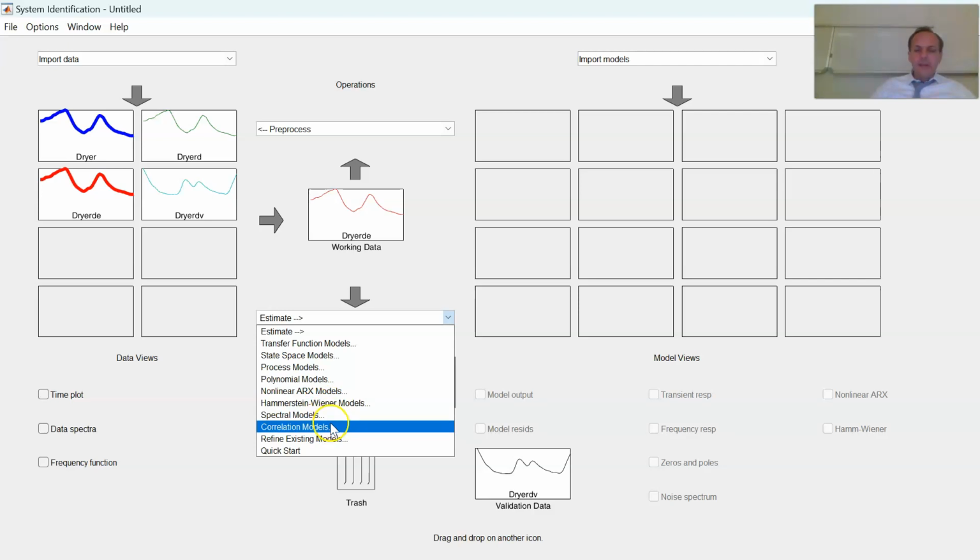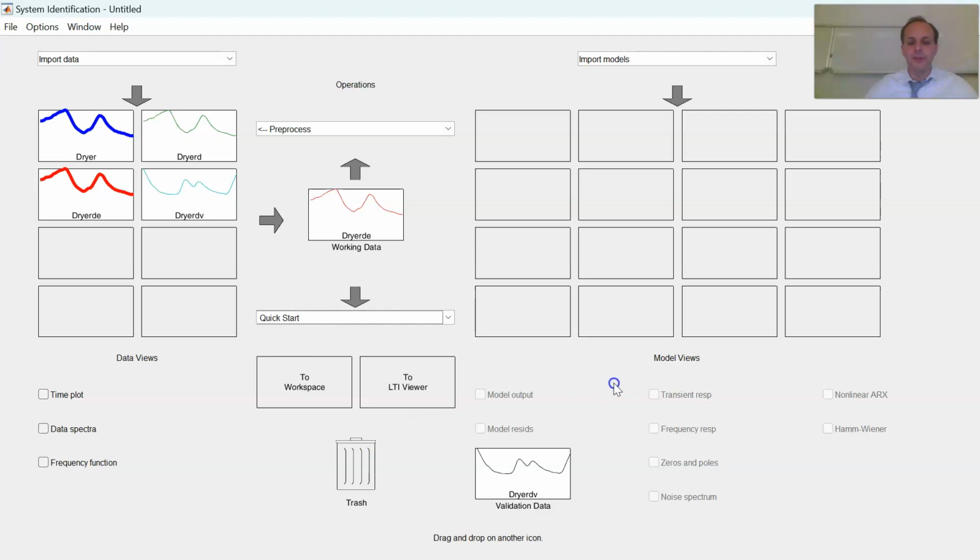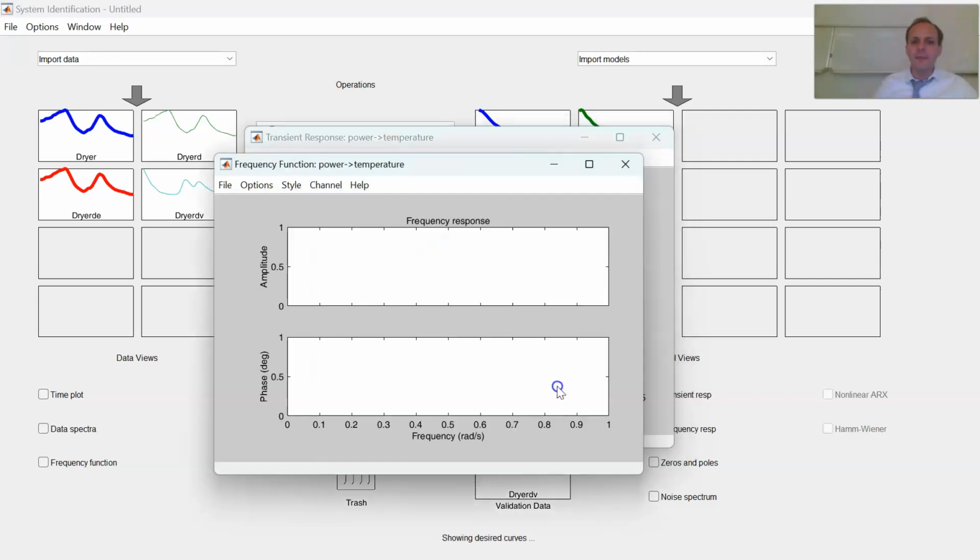And then, if you recognize, we can estimate the spectral models. If you remember from the correlation analysis, you can start from the correlation models, which are obtained quite quickly with the correlation functions, and then they are transformed with the fast Fourier transform. You can obtain a spectral model. You can refine an existing model in order to improve some characteristics, and then you can select a quick start. We will use this way. So if you select this option, it takes some time,